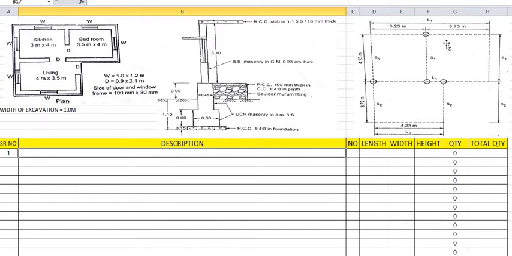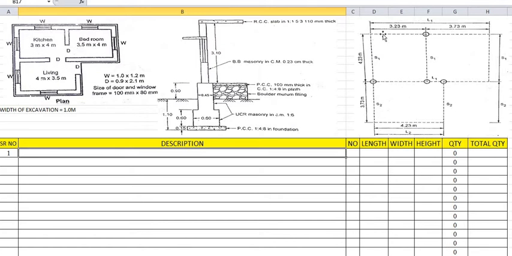along X direction and along Y direction. We have to consider all the walls. If we leave one wall, or if we do not consider the longer directions or the shorter directions, the calculations will be wrong. So we have to consider the walls along the x direction and along the y direction also.